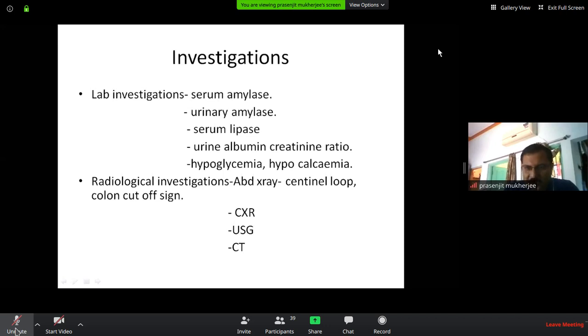Chest X-ray is mandatory because left-sided pleural effusion is very common, and you have to detect whether there is pleural effusion or not. Minor amounts of pleural effusion are detected first by ultrasonography. Additionally, ultrasound can detect gallstones, number one. Number two, it can detect pancreatic edema and pancreatic ductal anatomy. If intrapancreatic calculi or calcification is formed, it can also detect that. Most important, it can detect gallstones, because if you find gallstones along with pancreatitis, that means you are treating a milder form of pancreatitis or gallstone pancreatitis.